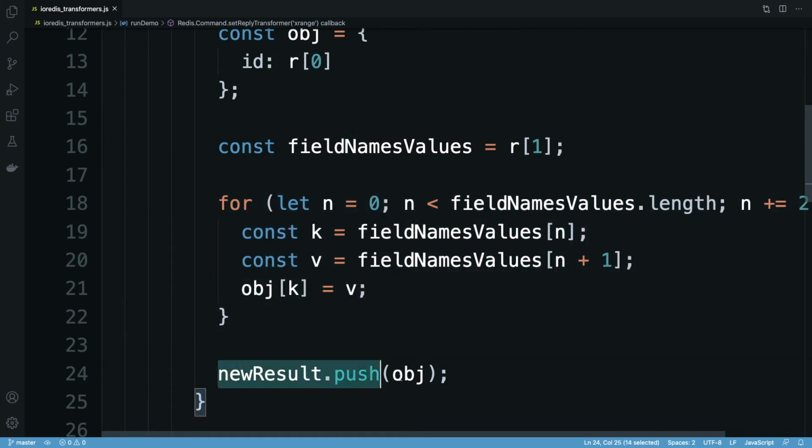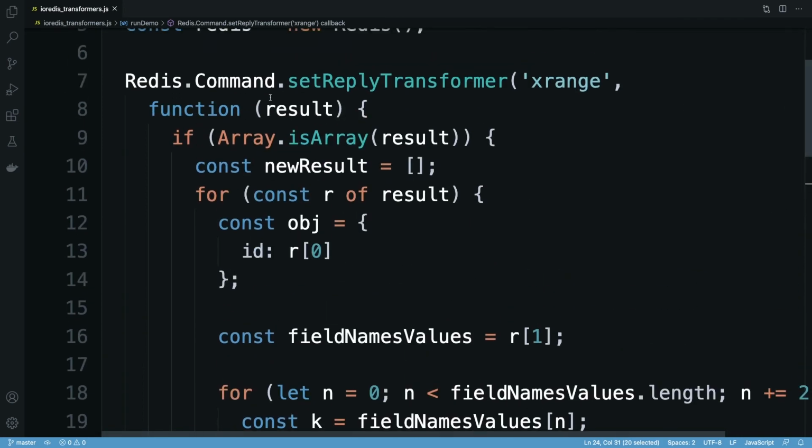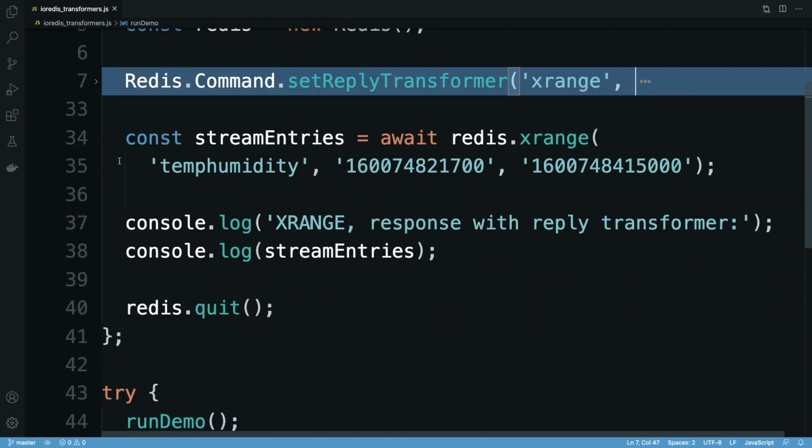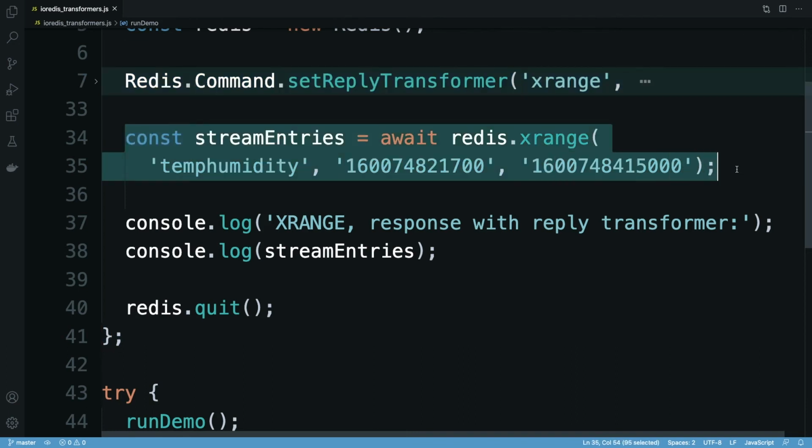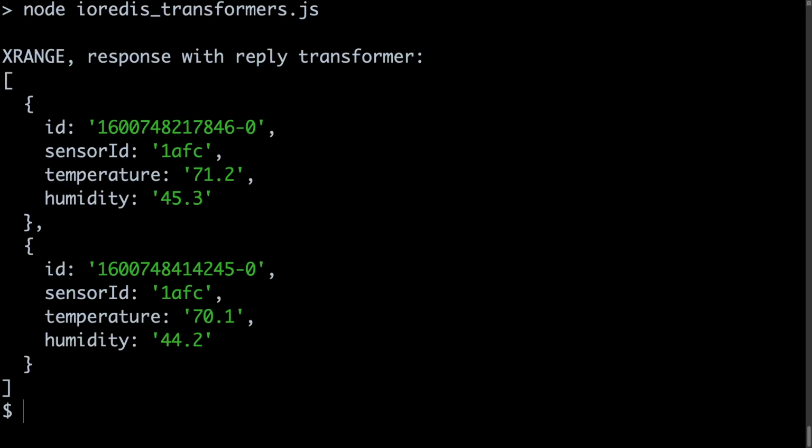Once done, I push the new object into a fresh array and repeat this process for each stream entry. The code that calls xrange doesn't need to change, as IORedis handles calling the reply transformer function for us. Running the updated code shows that I now get a much more usable response, a single array containing an object representing each entry read from the stream.